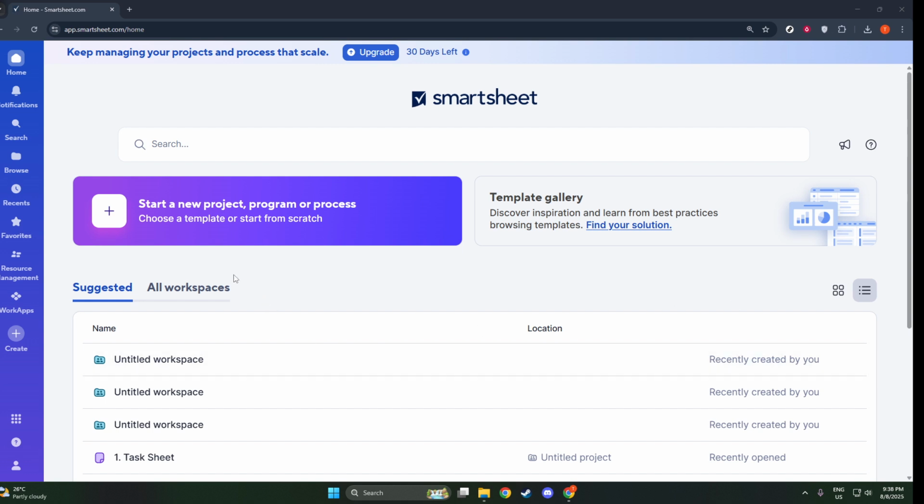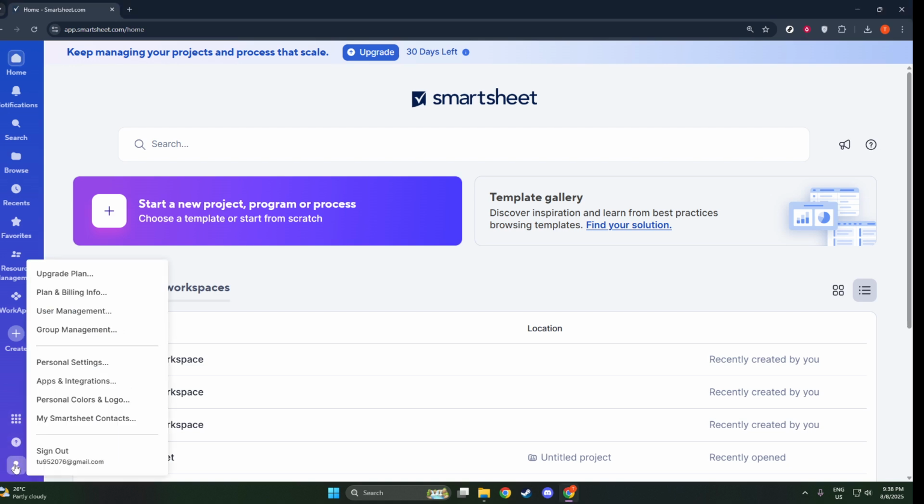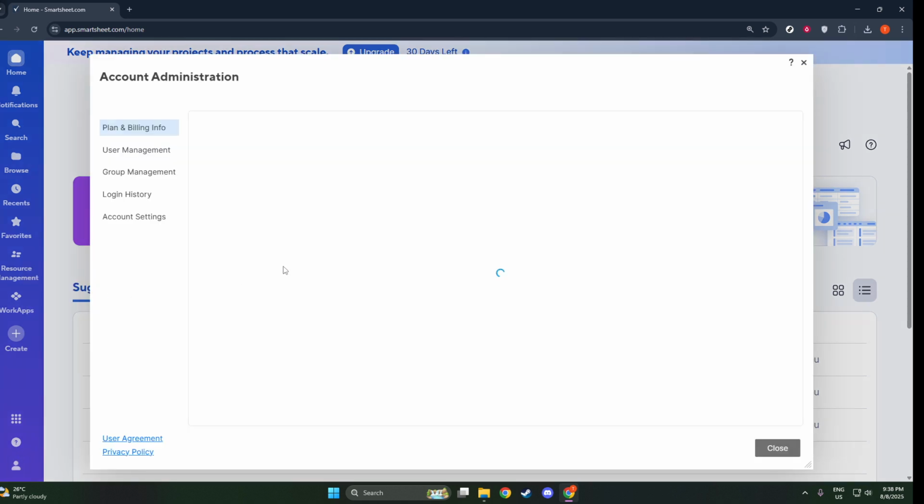with the cancellation process. Once you're logged in, you'll want to direct your attention to the bottom left corner of the screen. You'll notice an account icon there. This icon typically displays your avatar or your name, serving as a gateway to various account settings. Click on this account icon. By doing this, you expose a range of options that allow you to navigate through the essential parts of your